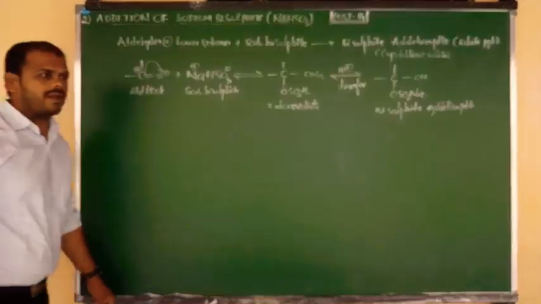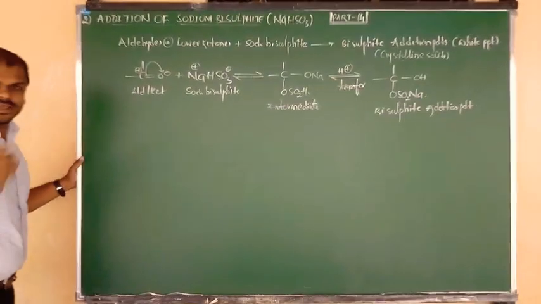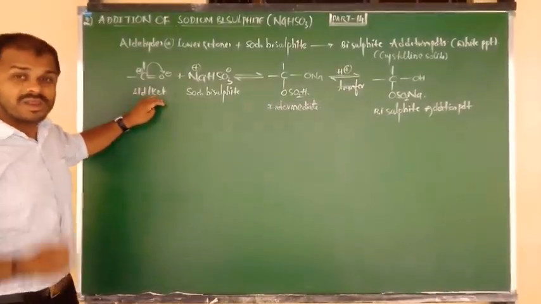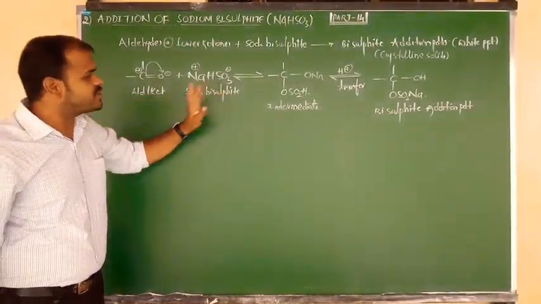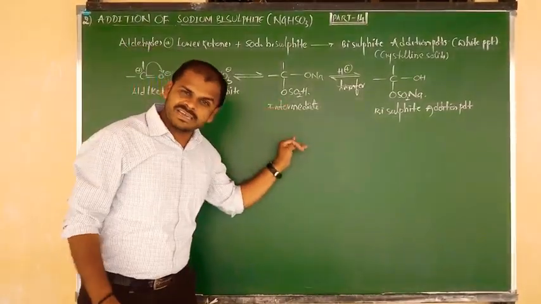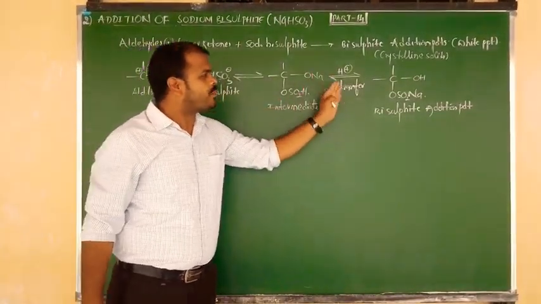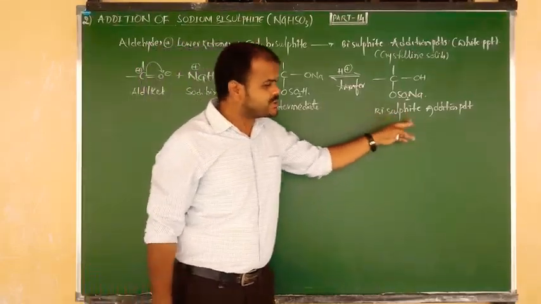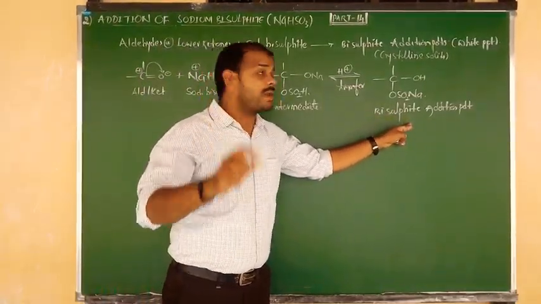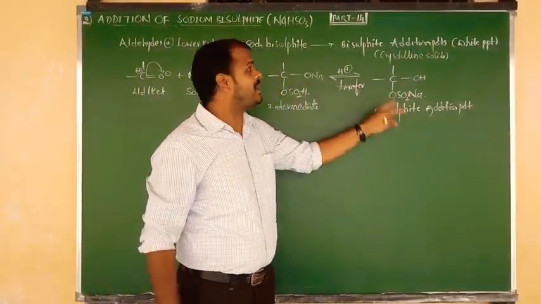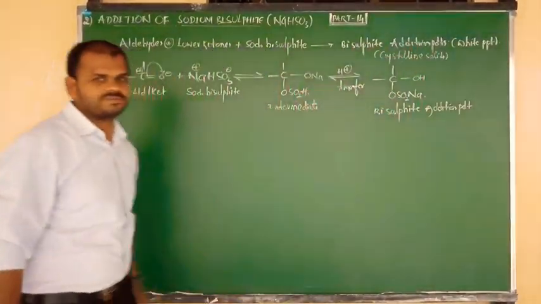Right Nana? Yeah. Now I am going to say the example. One statement for you: aldehydes and lower members of ketones, on addition with sodium bisulfite, give an unstable intermediate which, upon proton transfer mechanism, changes into a stable white precipitate, a stable crystalline solid, that is nothing but the bisulfite addition product.